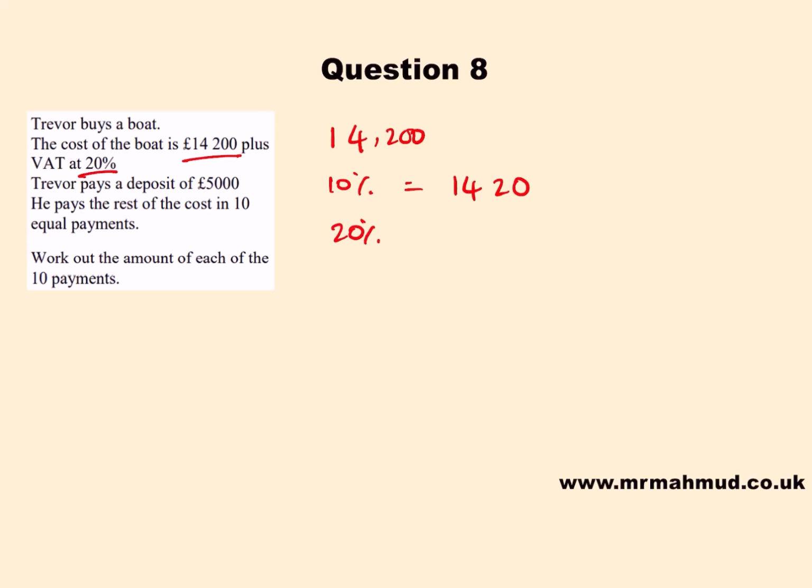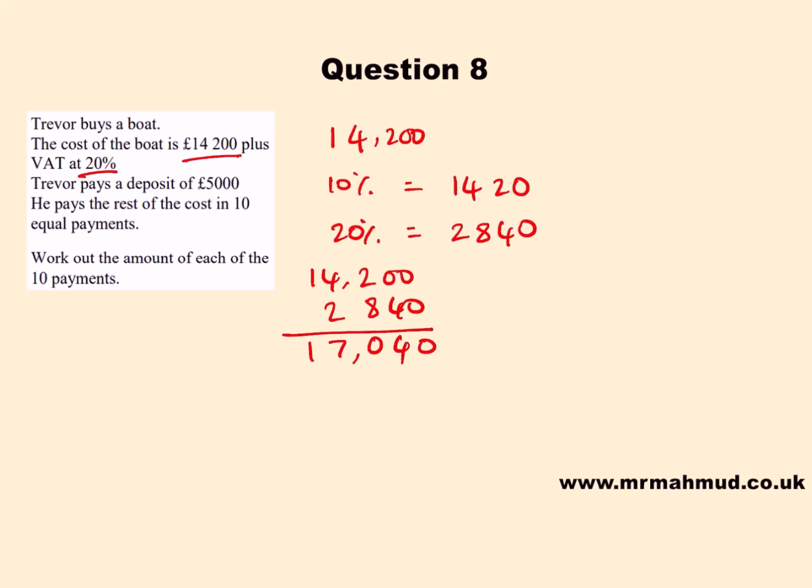So 20% is going to be double that, so just times it by 2. That would be £2,840. If we add it on to 14,200, 2,840, that gives an answer of 8 plus 2 is 10, 4 plus 2 is 6, add 1 is 7,